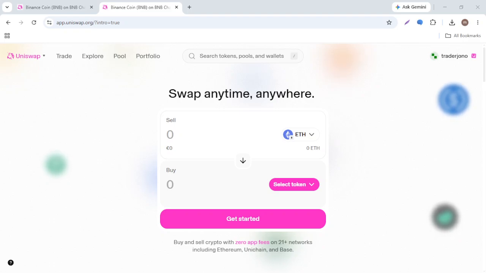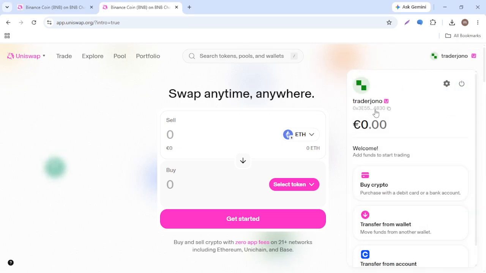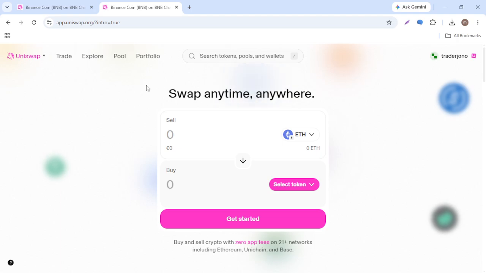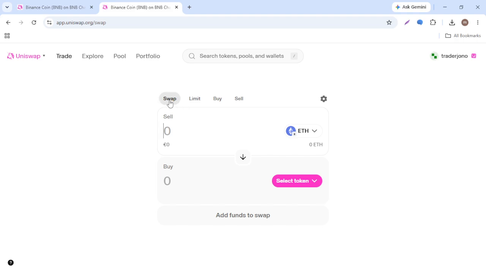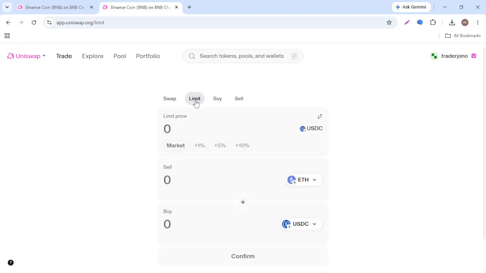In today's video, I will walk you through how to set a limit order on Uniswap. To get started, make sure your wallet is connected to Uniswap. Once you're on the main trading interface, switch from the swap option to the limit option. If the feature is available for your selected network and token pair, you'll be able to create a new limit